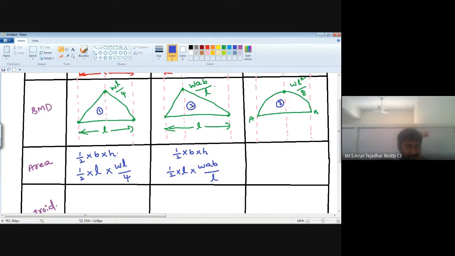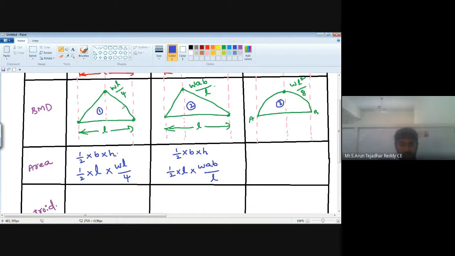But in the second diagram, it is an eccentric point load. It means an unsymmetrical structure. The whole span is L, but it is not divided as half of the span. Suppose it is 10 meter, from point A to somewhere the distance is 3 meter or else 4 meter, and the remaining distance is 6 meter. Now in the first diagram, suppose it is 10 meter: the left part is 5 meter and the right part is 5 meter.